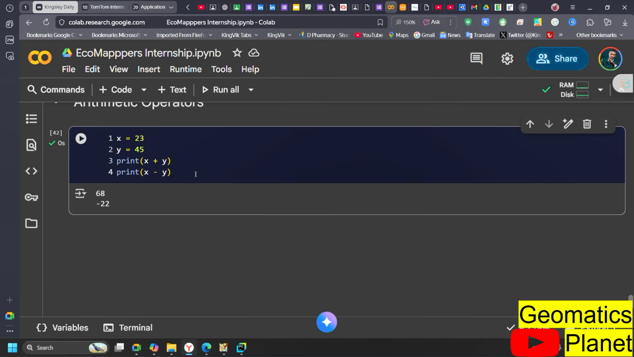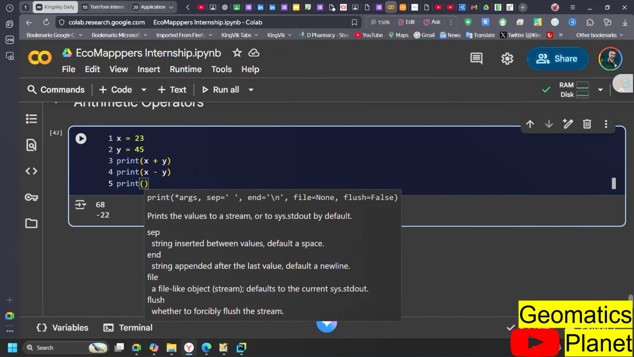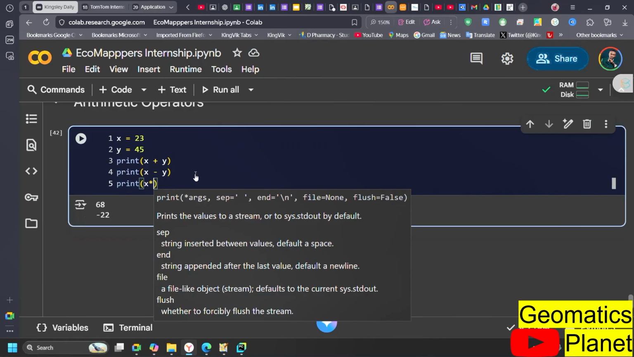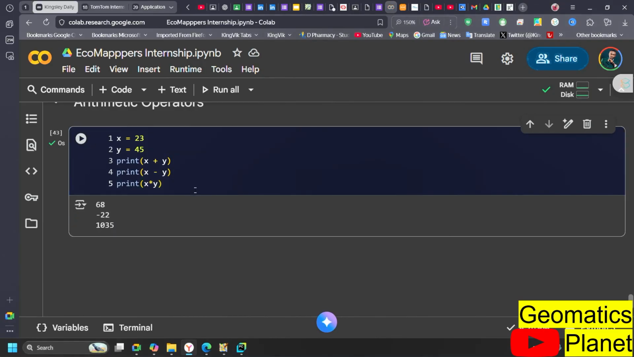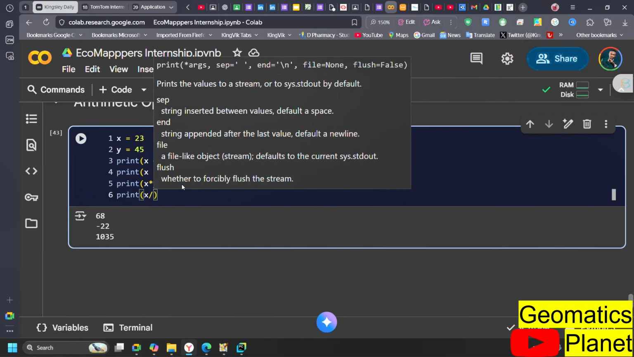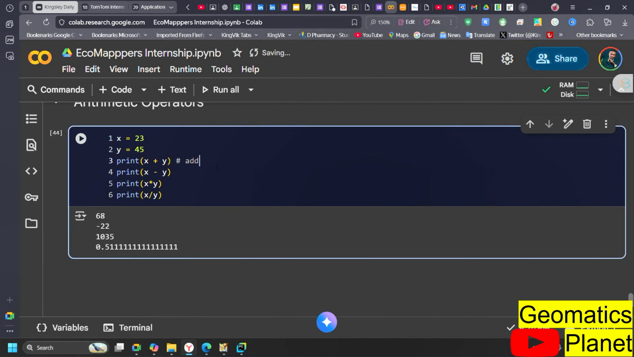So you can also go ahead and say print, open bracket, and you say x, and then you multiply it by y with the asterisk, and this is the multiplication operator. And then you can also say in this one the division operator, for example. So you say x divided by y, and this gives you the division operator. So you can see each of them. This one is addition, this one is subtraction,